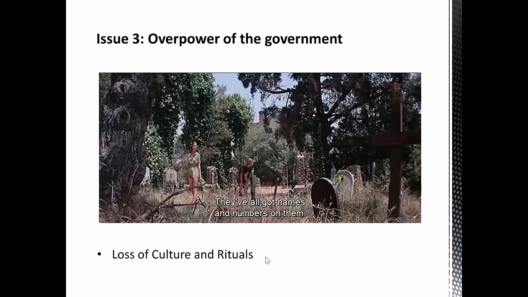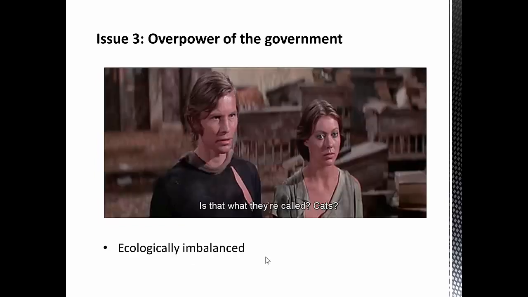The citizens had lost cultures and rituals in the sealed city. They did not know their ancestors. They had no idea of the burial system. They did not know the meaning of husband and wife, mother and father. In addition, they had never seen other animals as well. They were the only humans in the sealed city.